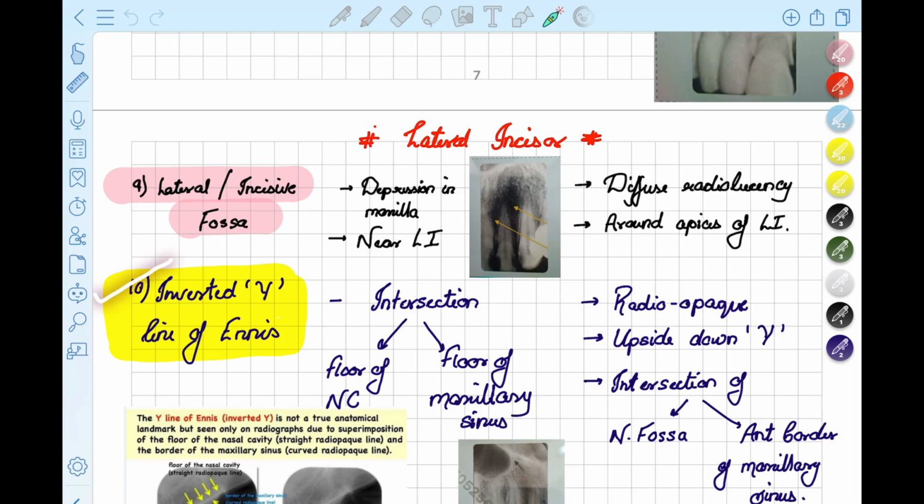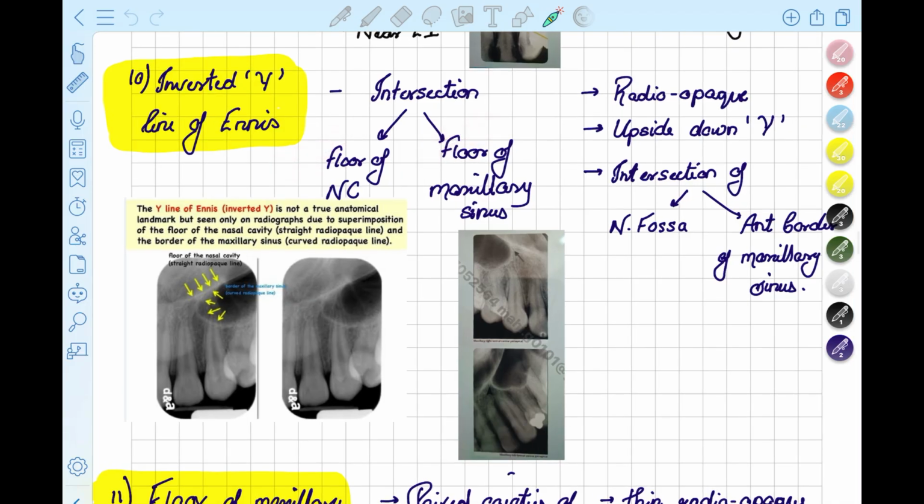The next structure we can see is the inverted Y line of Ennis, which is one of the most important viva questions. It forms at the intersection of the floor of nasal cavity and the floor of maxillary sinus. As we can see, this is the floor of nasal cavity and this is the floor of maxillary sinus. It appears somewhat Y in structure, therefore it is known as the Y line of Ennis